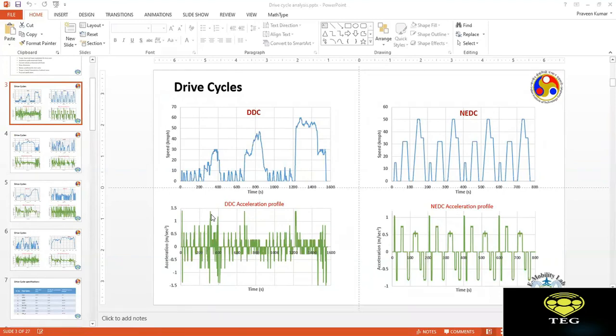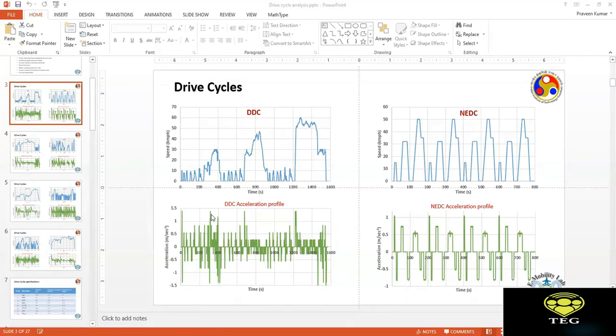Okay, so now you see here what the challenges are when we are trying to design a drivetrain for a given application, and how important it is to study the drive cycles. In this short discussion that we had, we started to extract some information, and you started to make some decisions: if I need to design a drivetrain for Delhi, or for Europe, or for New York, then what are the factors that I have to keep in mind.